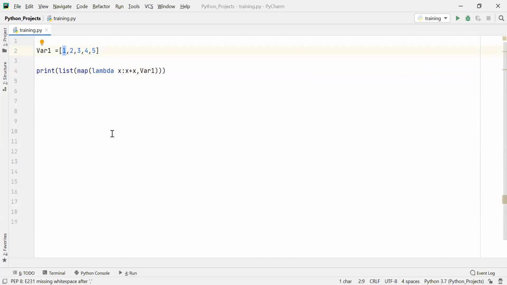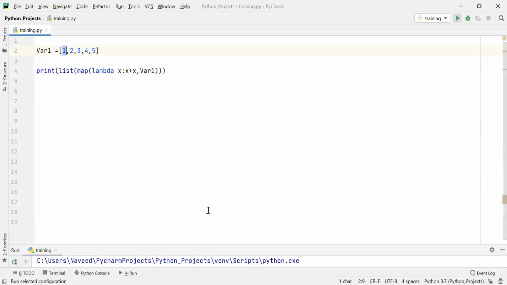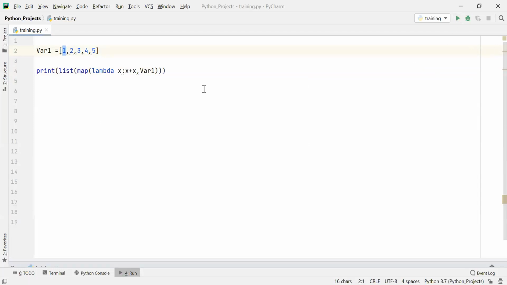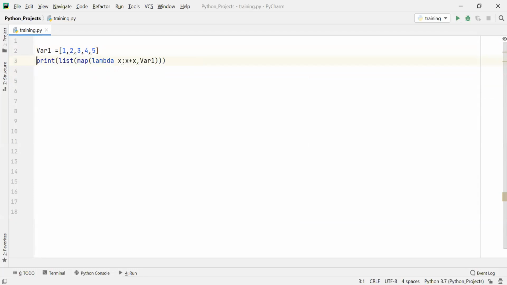So 1 plus 1 is 2, 2 plus 2 is 4, 3 plus 3 is 6, 4 plus 4 is 8, and 5 plus 5 is 10. And this is what I'm getting here. So just see how many lines of code I have reduced using both the map and the lambda function. Lambda function I have discussed in part 1, so you can go and have a look at that particular video.